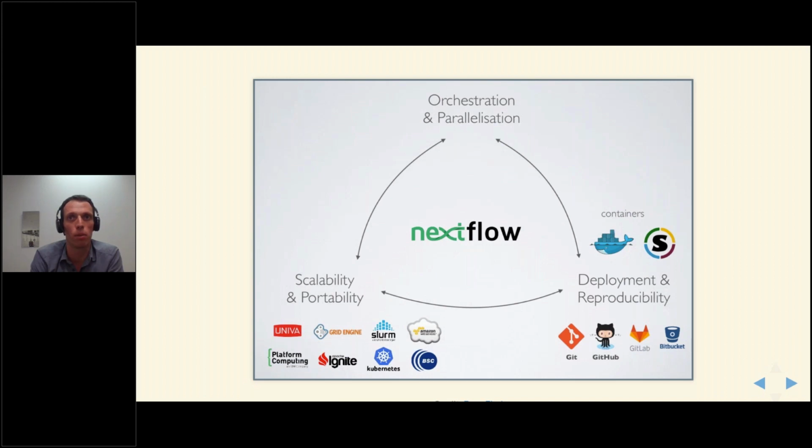Also, the support for Docker and Singularity containers is quite advanced, with automated mounting or binding of directories with the data you want to process and where you want to store the results.